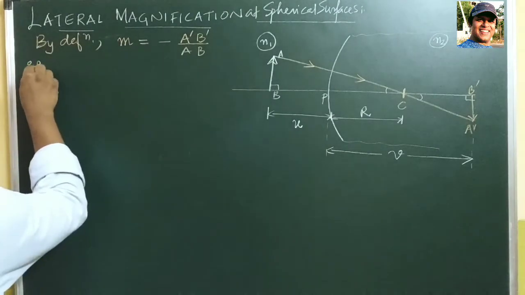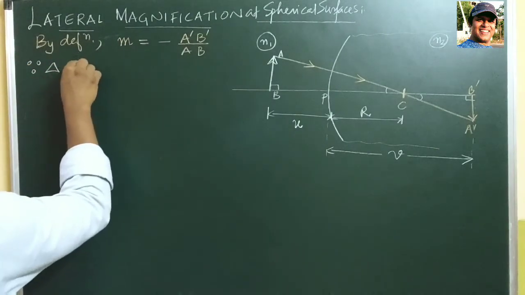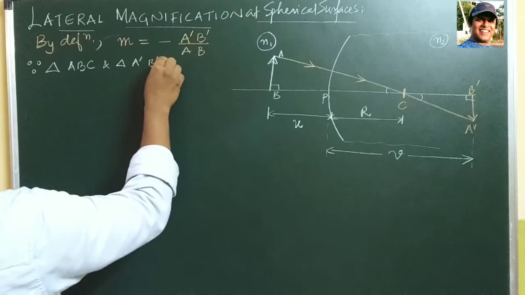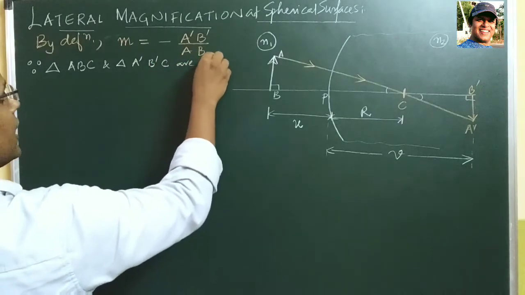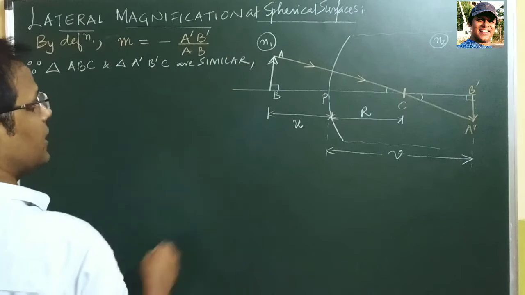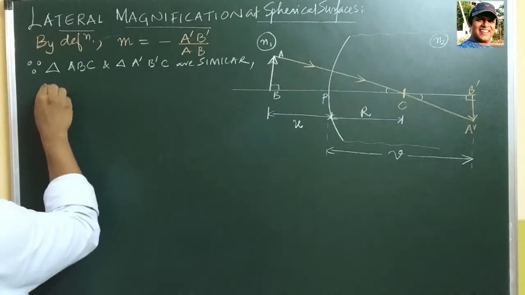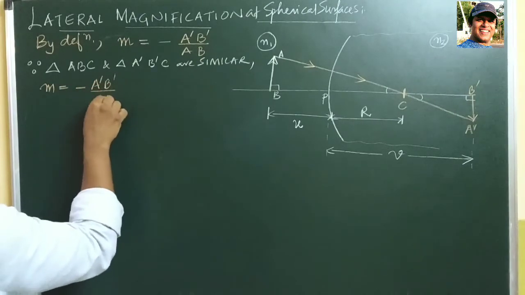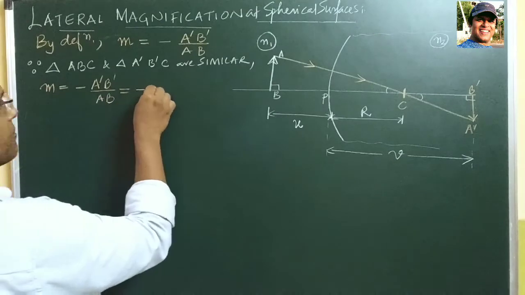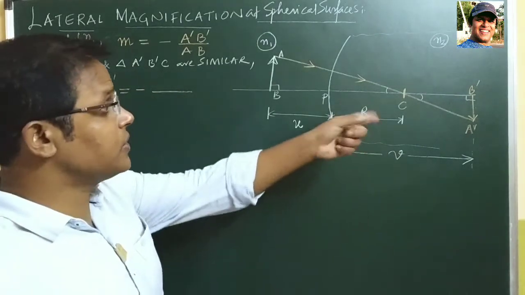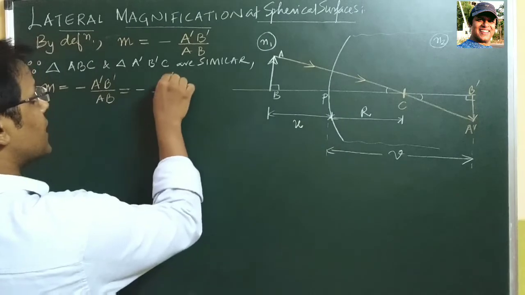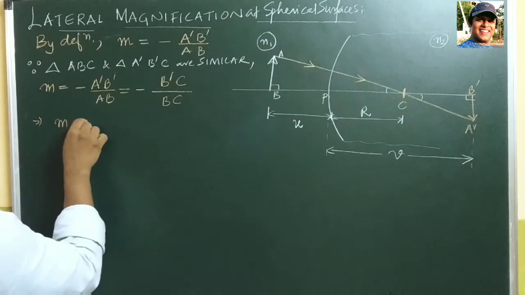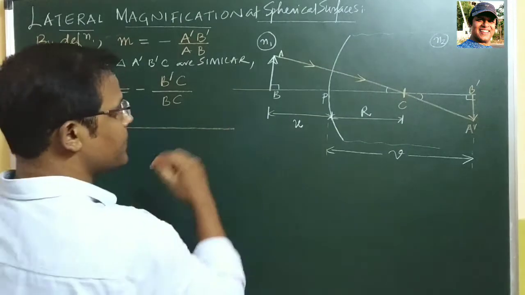Alright, since triangle ABC and triangle A prime B prime C are similar triangles, from geometry, we can definitely write M equals minus A prime B prime by AB, which can be easily replaced as minus A prime B prime, observe the diagram closely, can be replaced as B prime C and this by BC. So hence you can write M is equal to minus